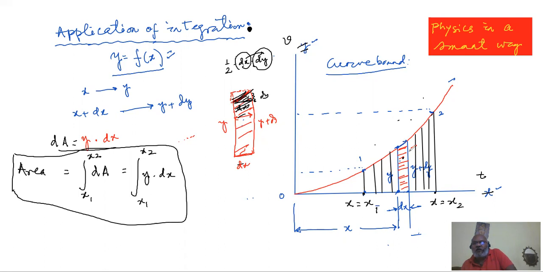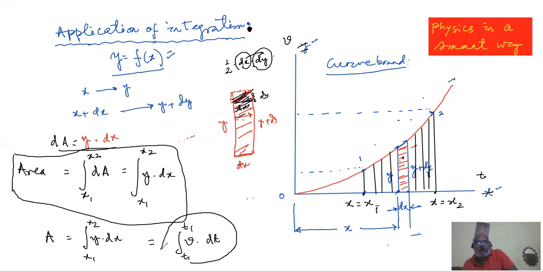And people say the area under the velocity time graph will be giving you the distance covered. And then the area will be under that. Area will be integration. We know that is y dx, starting from x1 to x2. That will be, we know y is speed and x is our time. So now the area is transformed to a thing like this. That will be giving you distance.